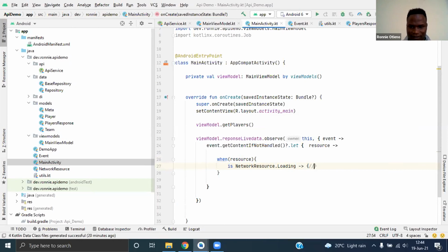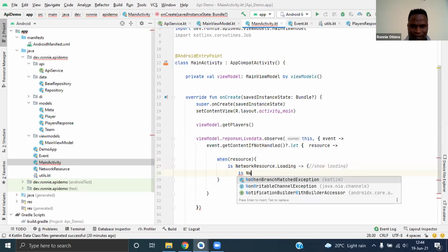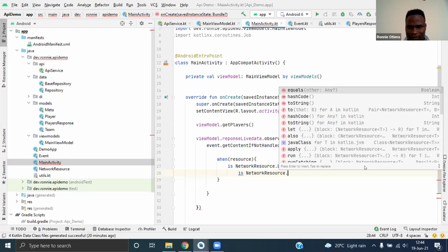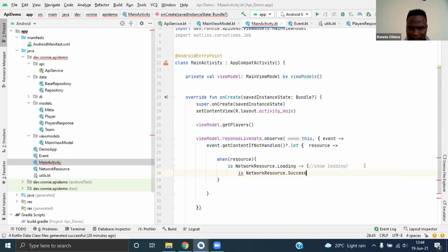We'll toast something. Then is NetworkResource.Success.